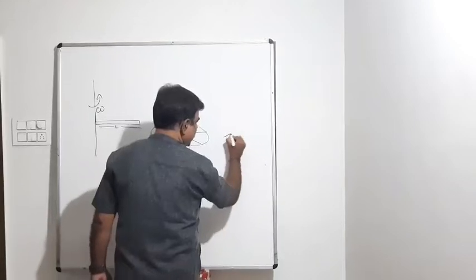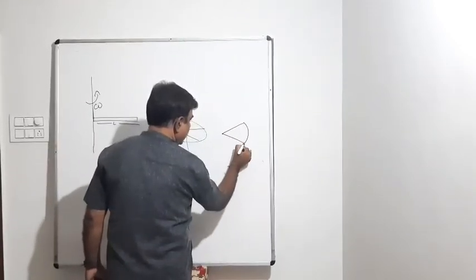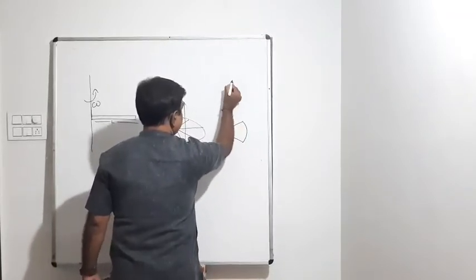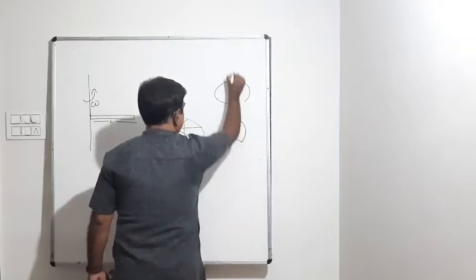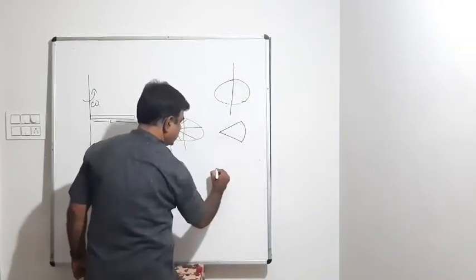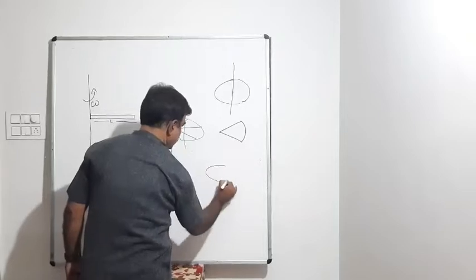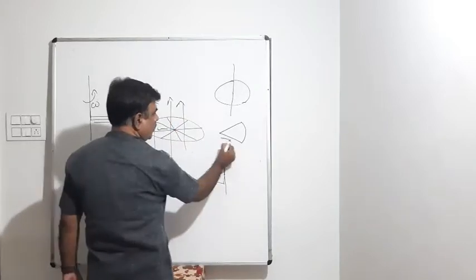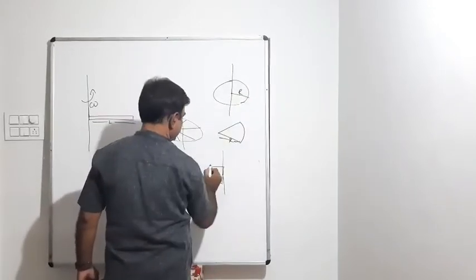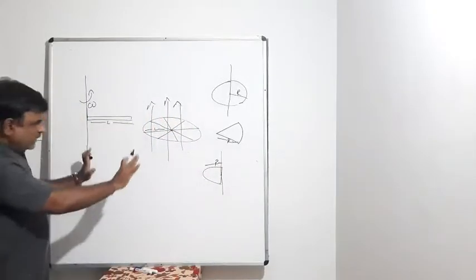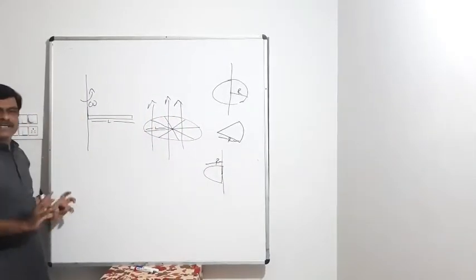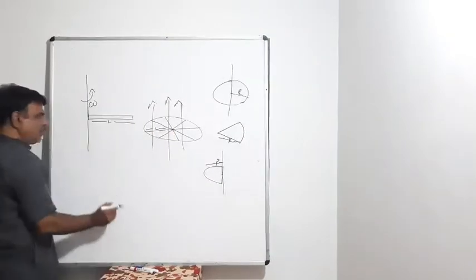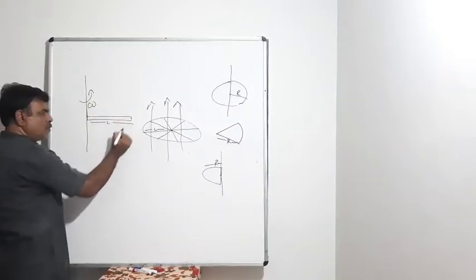Here I am taking a complete disc, or a quarter disc, or even a semicircular disc, all having radius r. So what is common in all? Look, this is just a game of wording. Whatever you are applying for a rod, you can apply everywhere. What is that? The EMF induced between its two ends.